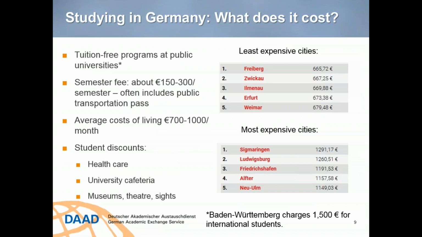So, another related issue about studying in Germany is, of course, around cost. Germany is very cost competitive. So not only are there many tuition-free programs, but the cost of living in Germany for students is quite reasonable. Now, this will naturally vary by location. There are, of course, more expensive and less expensive places to do your studies. But on average, students can expect to spend between 850 and 950 euros a month. As we see in the table on the right at the top, there are a number of cities with universities where it's considerably less expensive. And then on the other hand, a number of others, a number of regions where it is more expensive. So this is designed to give you a bit of an overview of what you might expect to pay if you were thinking about pursuing degree